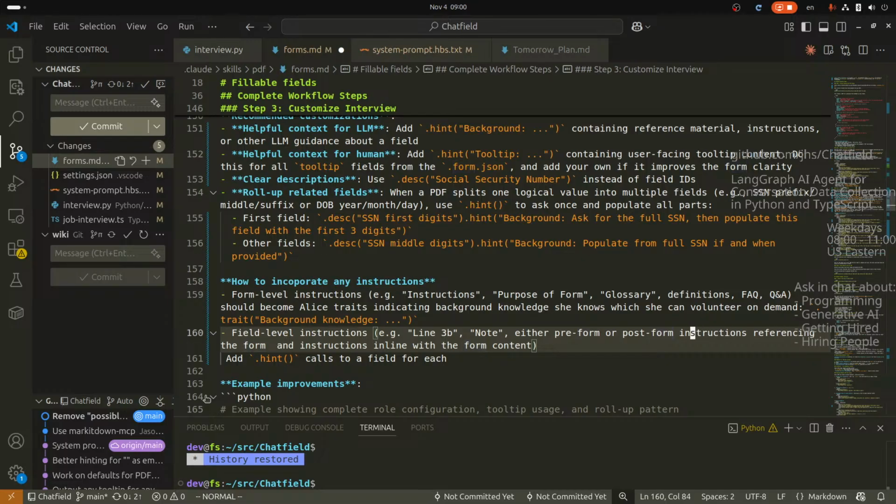What am I trying to say? Preamble. Either instruction prose, prior or after, before. Either instruction prose referencing the form, and also